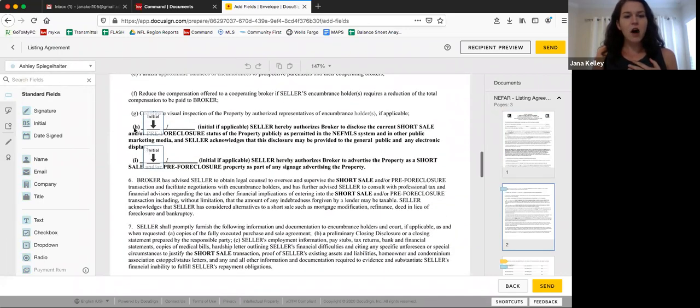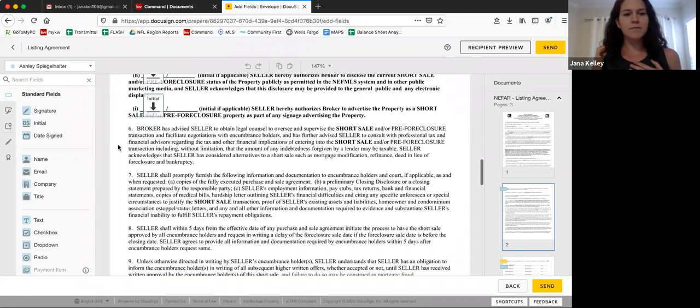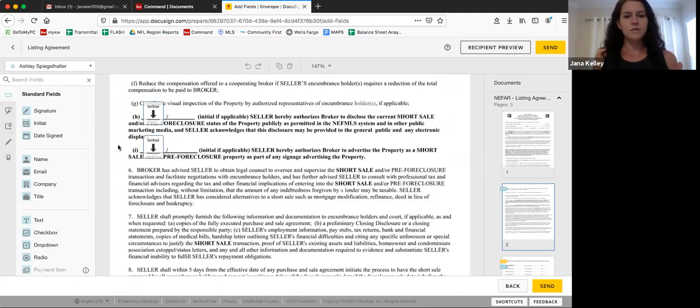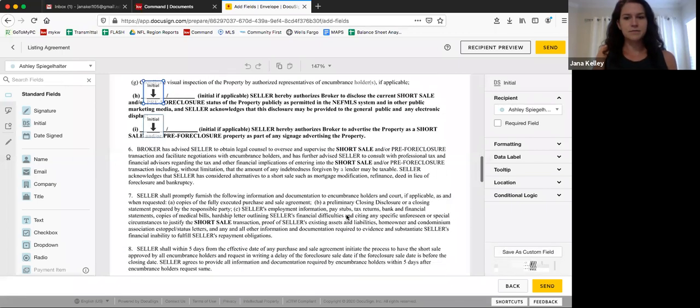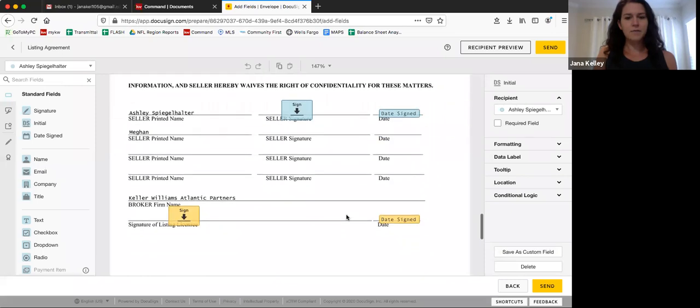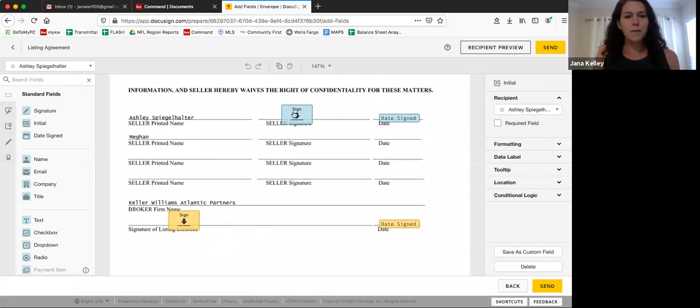And see, it auto-populates certain signatures or initials. If you don't need them, you can click on it, and over here you can delete it. Okay. So it already auto-populated. You'll see Ashley's name right there, where she needs to sign, and the date, as well as where I need to sign